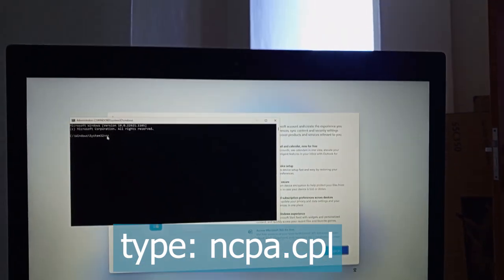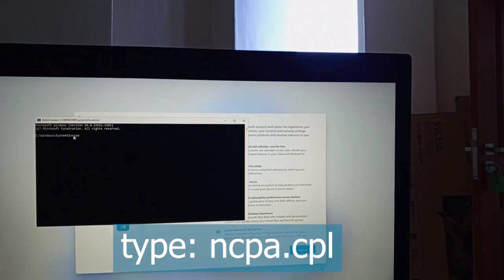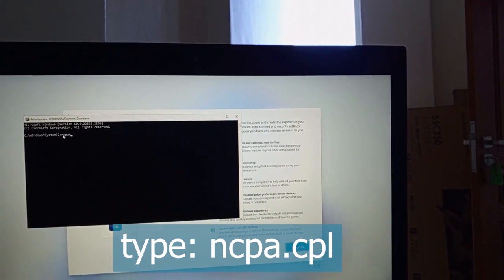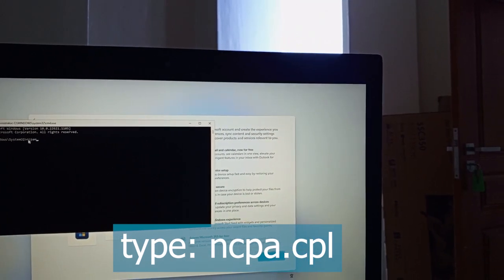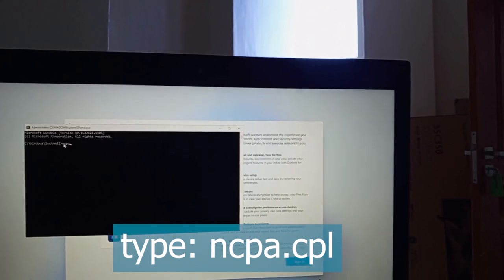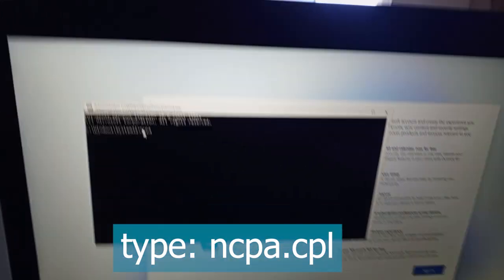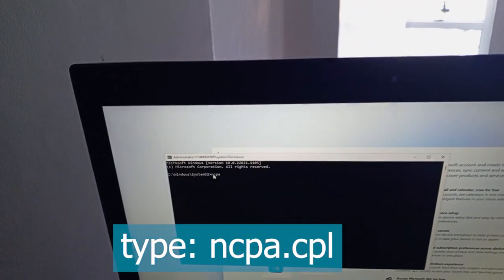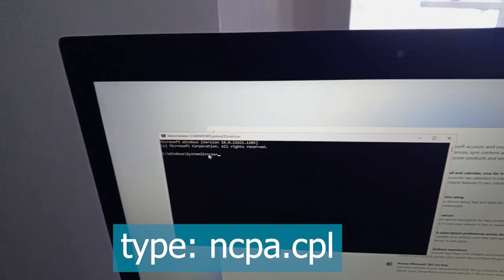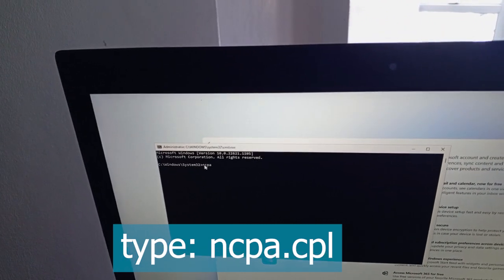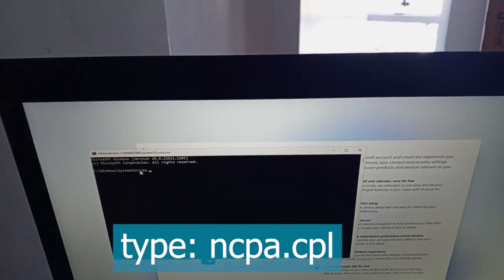ncpa.cpl, then you click on enter. This command will enable us to enter the network menu where we shall be able to turn off our internet connection. I hope you have typed ncpa.cpl, so you click on enter. If you have done that,